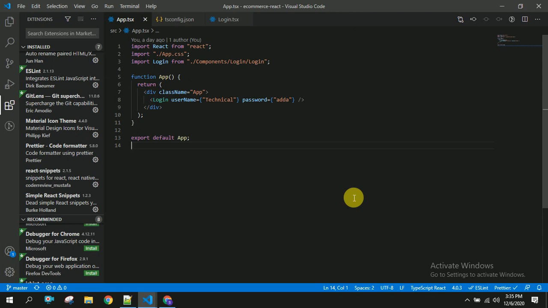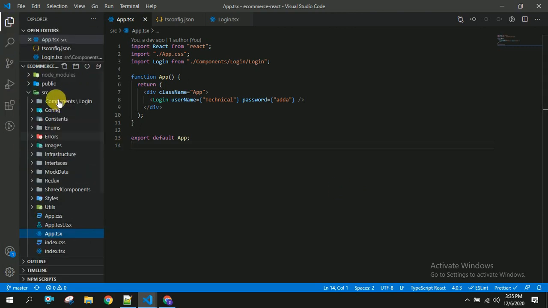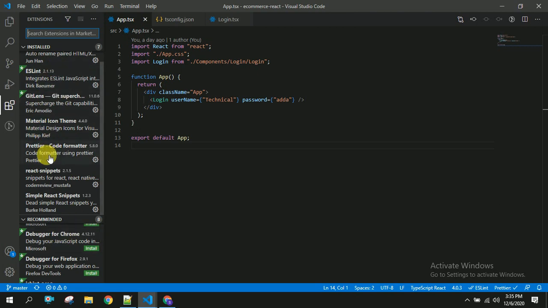And in our previous tutorial we learned why we have to go with TypeScript and what the advantages of using TypeScript in our React application are, and we created a React application by using the TypeScript template. Next, we explored various application files that were created once we installed the project. And then we created a real-time folder structure. You can see here we have created all this folder structure and we discussed why we have to go with this. Next, we installed various extensions which will be very helpful while writing our code.